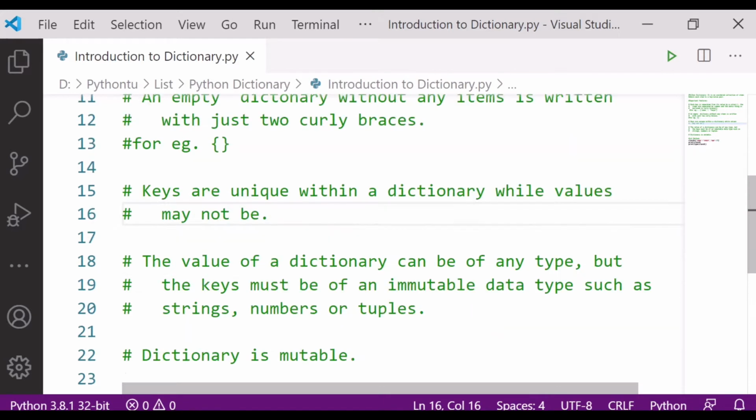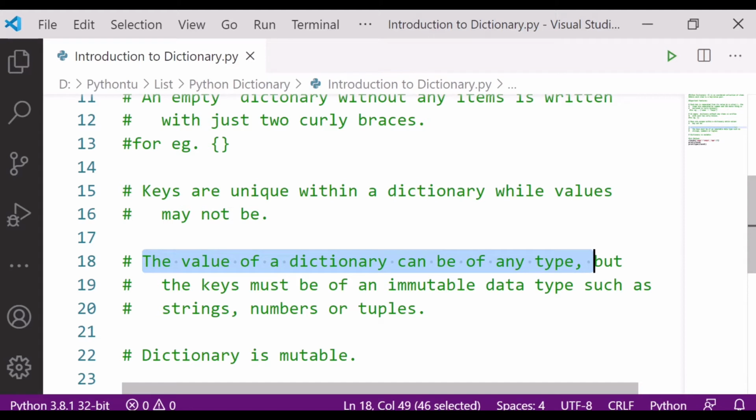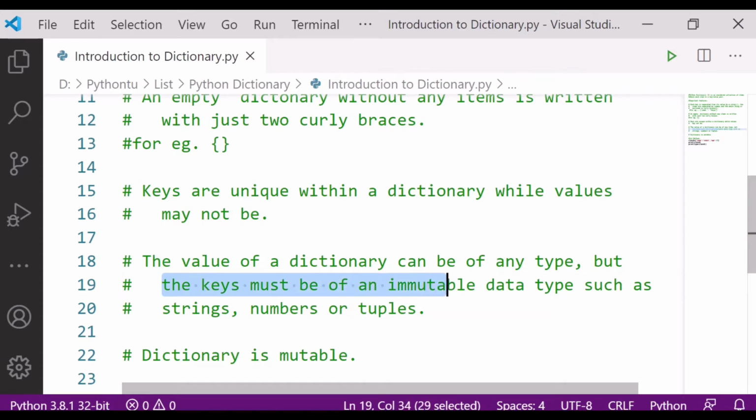Next, the values of a dictionary can be of any type. It can be integer, string, or tuple. The keys must be of an immutable data type. Next, a dictionary is mutable, whose values can be changed. We can change the values.